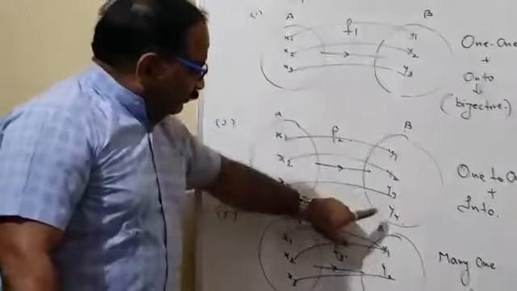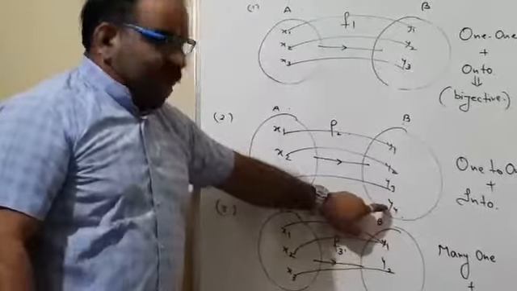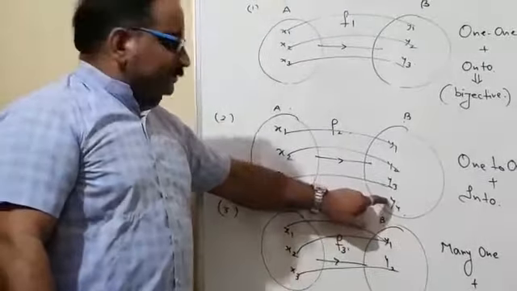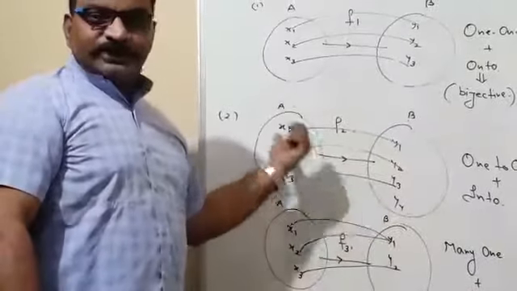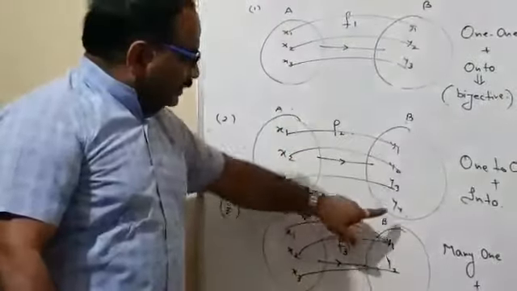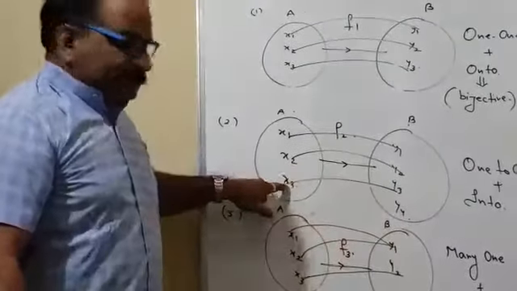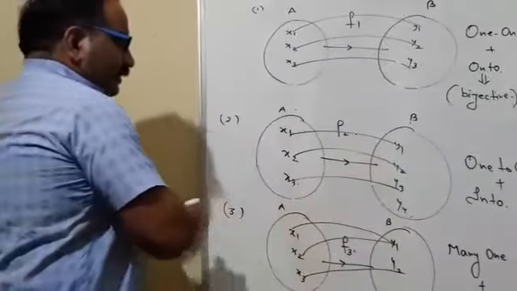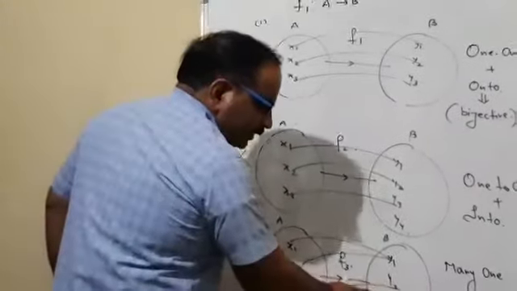So what will happen when we are going to define the inverse? In that case, it will not be treated as a function, because a function's first definition is that every element of the domain has a unique association in the codomain area. So in the case of an invertible function, the inverse function, this element has no image here. So this is not the way to get the inverse of that.